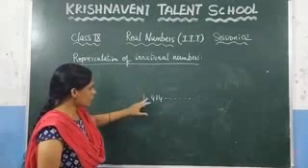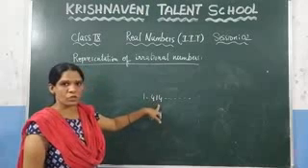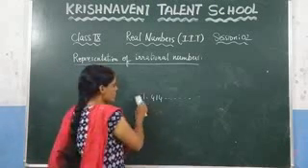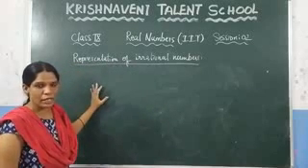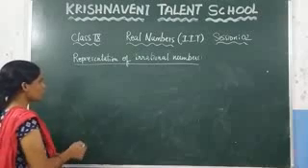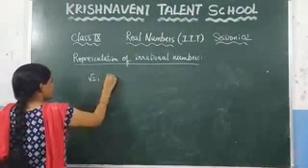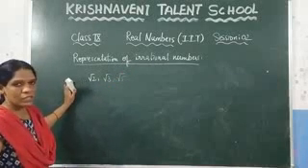Here you can observe that after the decimal point it does not have any repeated decimal. So we can say that it is a non-terminating, non-repeating decimal. So if you want to represent these types of numbers on a number line, how do you represent them? You know that root 2, root 3, root 5, these are all examples of irrational numbers.